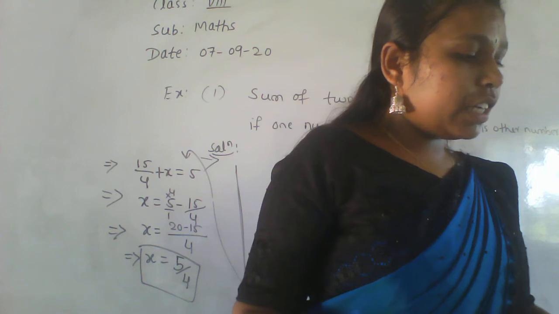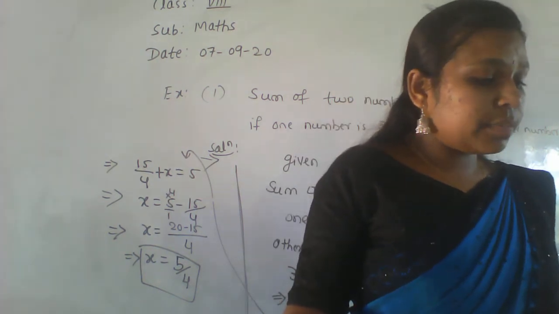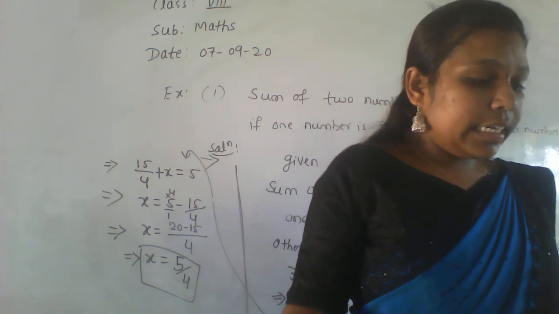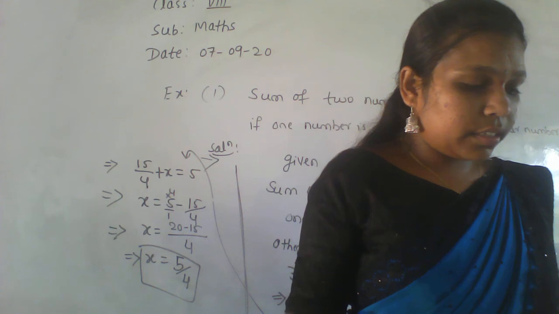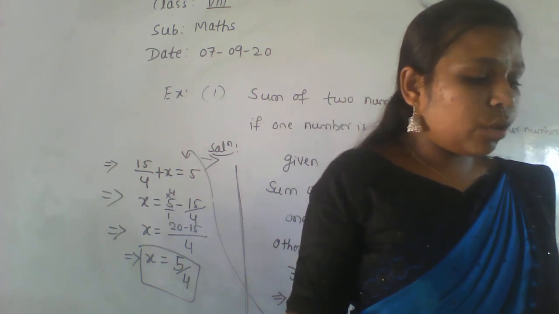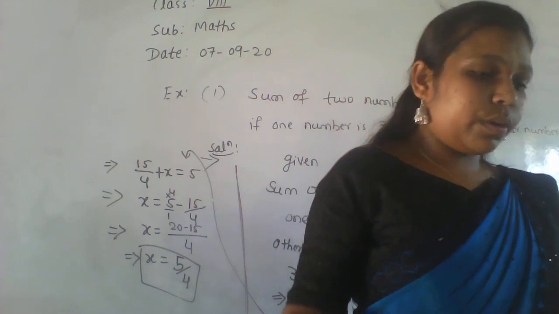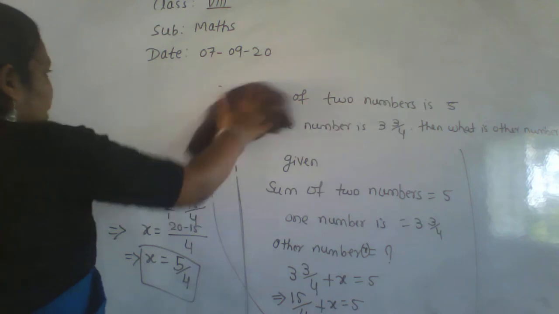From a 44 meter long rope, as many pieces as possible are cut off, each 5 integer 1 by 6 meter long. Find the number of pieces and the length of the remaining rope. Okay, I'll write on the board. You will come to know what we have to do.